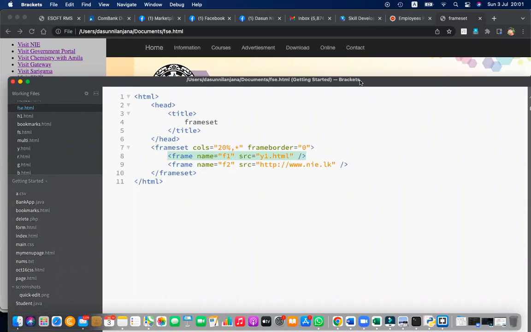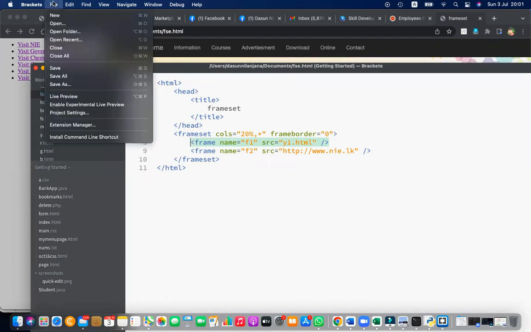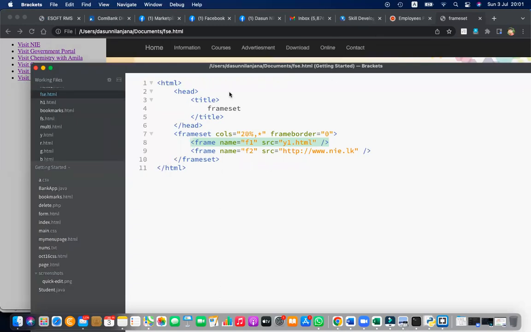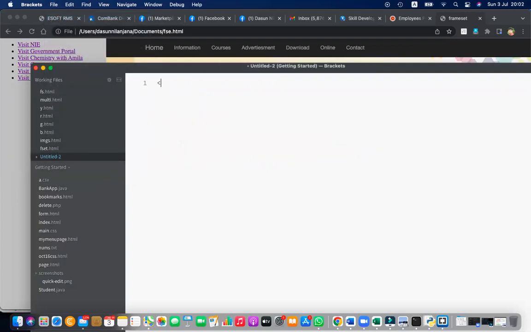Okay, then now you know the applicability of framesets in different environments, but still now the framesets are actually not used. The reason is the security issues, and the entire page is loaded. That is also not required. Therefore, framesets are a bit obsolete. But there is another concept. So you can see there's another concept, that is iframes, isolated frames. That can be done. So let me take a new file, and this is HTML,